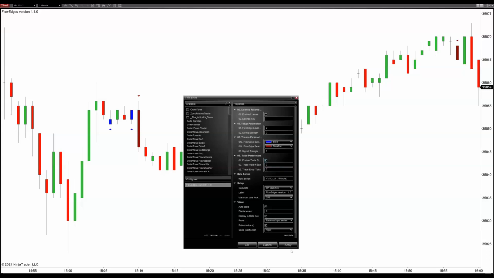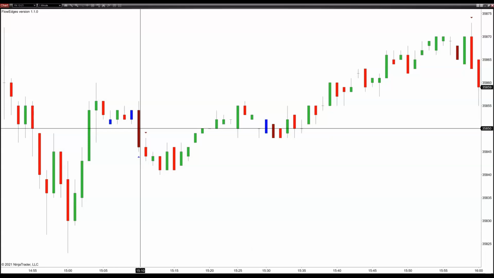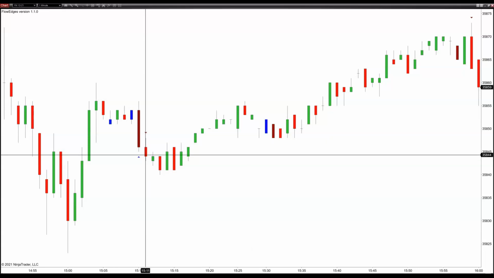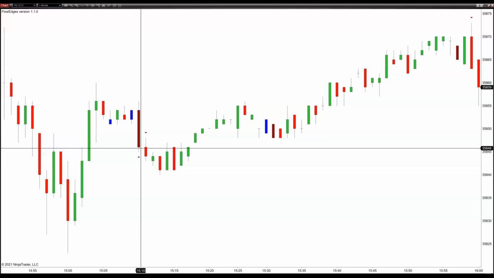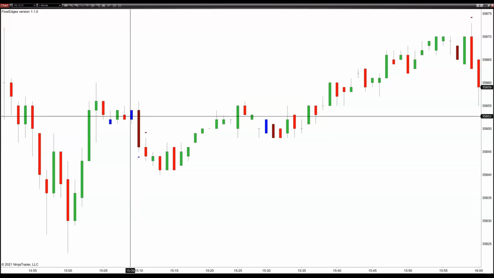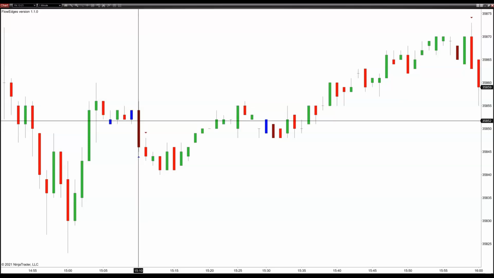right, 2 and 2. Once it prints, it's printing here, okay, it will not repaint. So nothing's going to change, right? Once it prints, like for example, this bar here, this is your blue bar, right? It's telling you that the order flow is bullish, right? So it's gone up, but you notice the bar comes down,